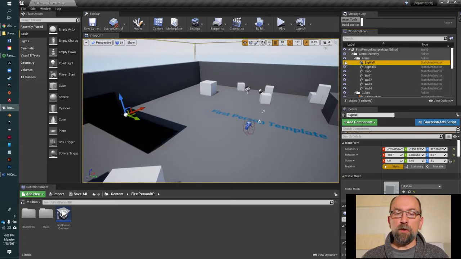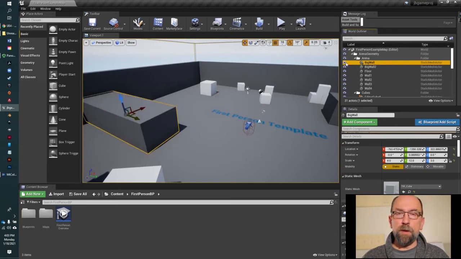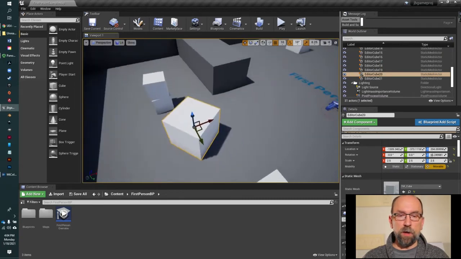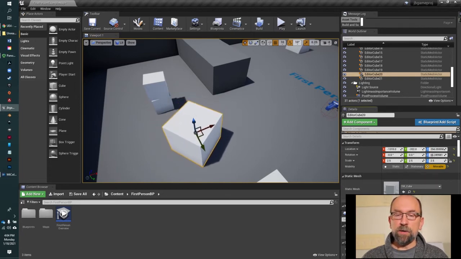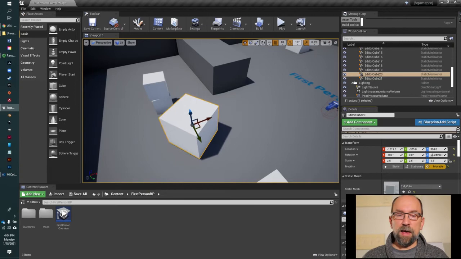All right, and you of course can turn off objects to better navigate and look into and beyond and behind them. All right, next is the details panel. If I select a particular object, let's say this white cube here, in the details panel is where I can change or modify that particular actor. The most important one is right here at the top, the transform. So you can scrub or type in a precise number and change its location on the Y, X, or Z axis. You can also rotate